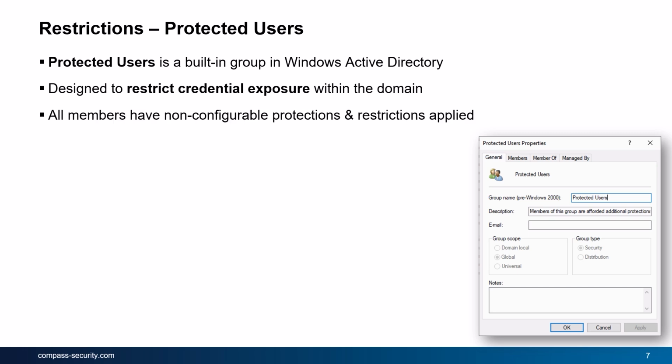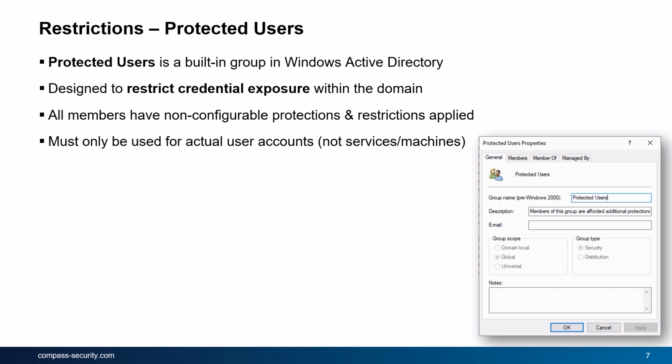The restrictions that are applied are actually not configurable, so they apply to all the users within the group in the same manner, and you cannot adjust them by any means. Specifically, you have to keep in mind that this has to be configured only for actual user accounts, so not for services or machine accounts, since those restrictions would break certain functionalities and mechanisms